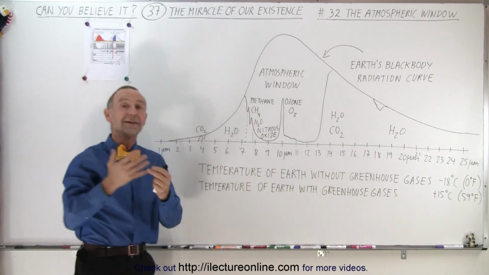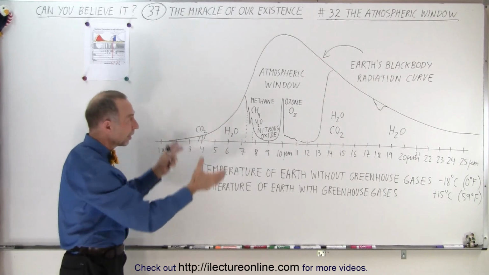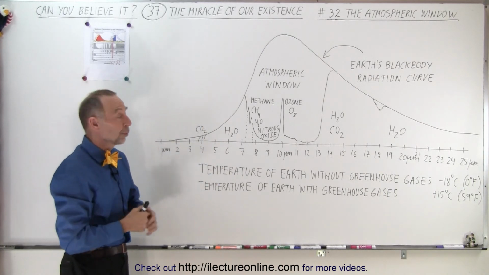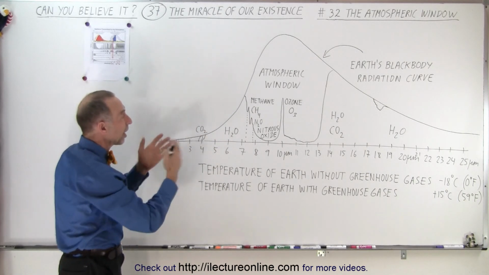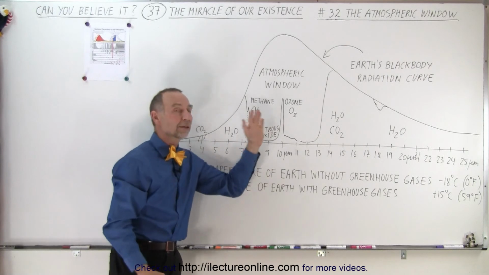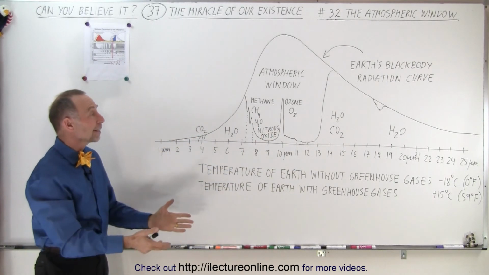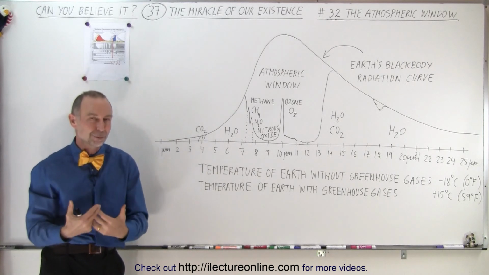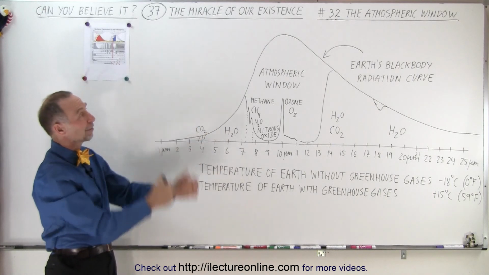So it kind of provides a world where it's not too hot and not too cold because of what we call the atmospheric window, which is going to be able to allow heat to escape back into space unhindered, regardless of what other gases we place into the atmosphere. And that is why we can exist on this very nice, comfortable world with this perfect thermostat called the atmospheric window.